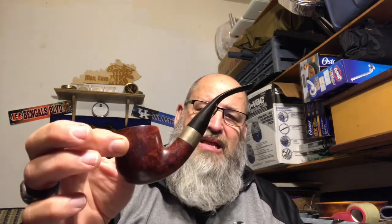enjoying a pipe. I've got my Savinelli dry system. I have two Savinelli dry system pipes. This is the second one. You've seen my first one. I use it to burn flakes. And I've got this for a special reason tonight, and I'll tell you, because what I am burning in it